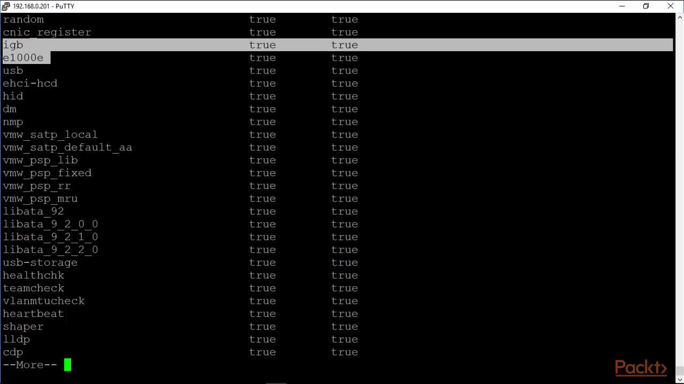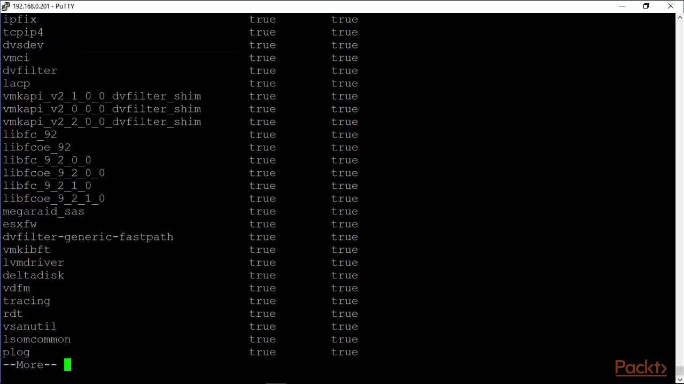So we'll deal with that later, the PSA. Keep going: Shaper, LLDP, CDP drivers, of course. MegaRAID SAS, because I'm actually using a card from MegaRAID, and you can see some FCoE drivers, some FC drivers. Here's LACP drivers. VMCI is for inter-VM communications. It's not really used, but when I reviewed it again, the VMCI